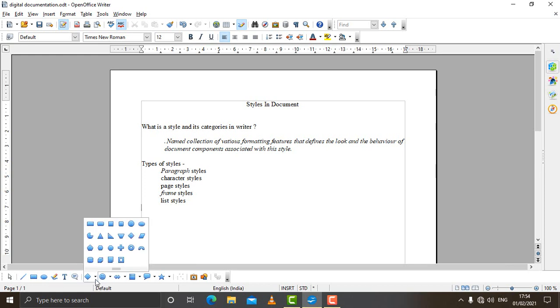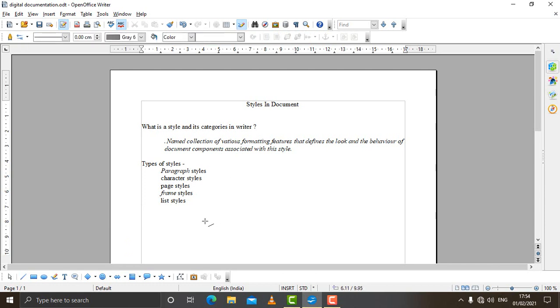We can see a number of objects and groups are there, whichever you want, like basic shapes. A number of basic shapes are there. These are all the shapes which you can insert in your document. Say for example you want to insert a line, simply click on this line, bring the mouse pointer wherever you want to draw the line, press and hold the mouse button and drag it. The line is created.